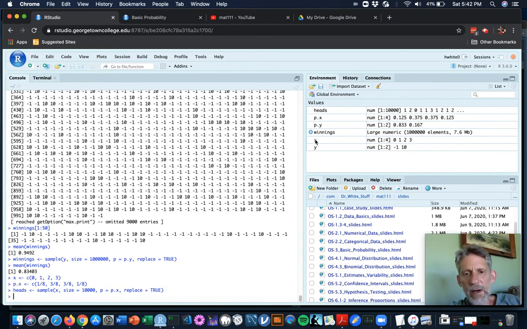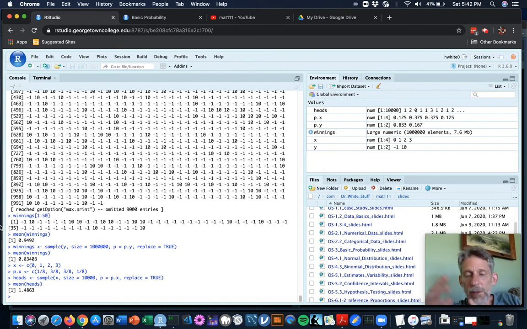And so we've got our X: 0, 1, 2, 3. We've got our P(X): 0.125, 0.375, 0.375, 0.125. And we've got our heads, 10,000 long. And like the first time it came out 1 head, then 2 heads, then no heads, then 1 head. Your results will vary. And now at the bottom in the console, I'm going to say mean of heads,